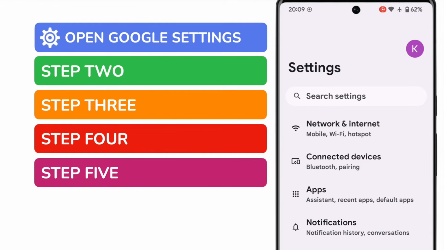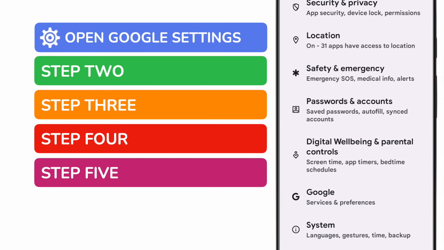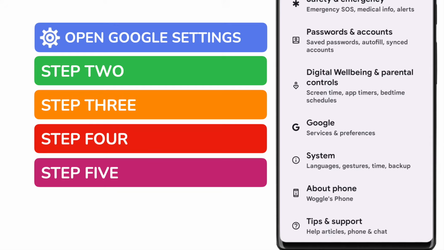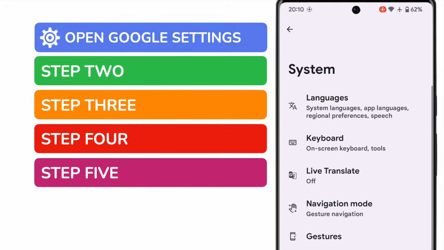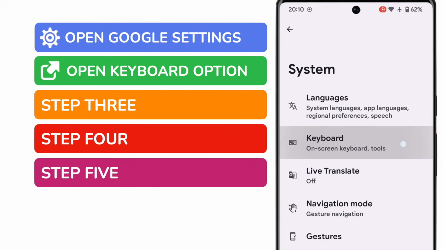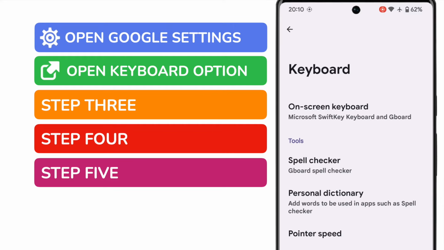A long list of options is then displayed. We're interested in the System option shown near the bottom of this list. Let's tap into that section. Near the top of the page as displayed, you'll see a link for keyboard. Let's tap on that once to look at some further options on managing your phone's keyboard.